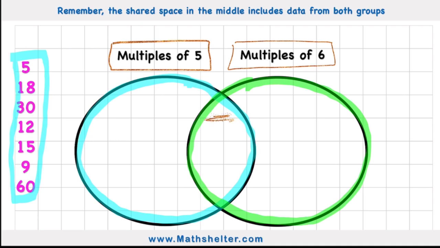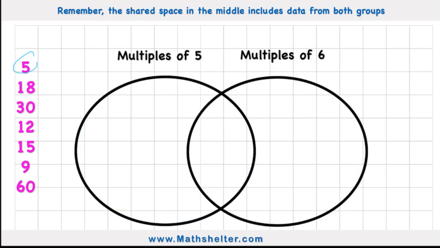But what you might have noticed is we have this shared area just here. This is the magic of the Venn diagram, because any relationship or any numbers that are both multiples of 5 and multiples of 6 would go in this special shared area. So let's look at this data set we have just here on the left hand side. We have numbers 5, 18, 30, 12, 15, 9 and 60, and let's decide where these go in our Venn